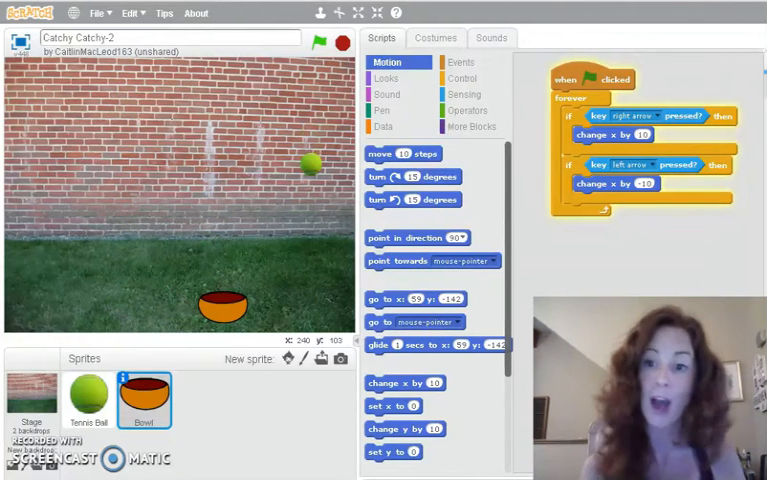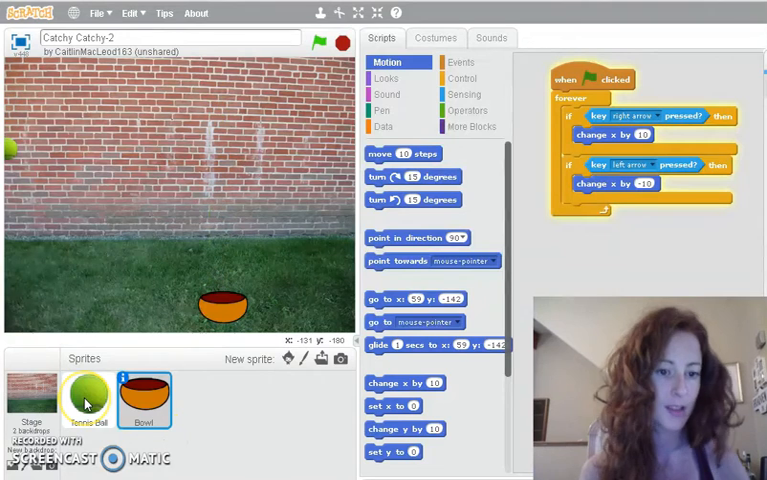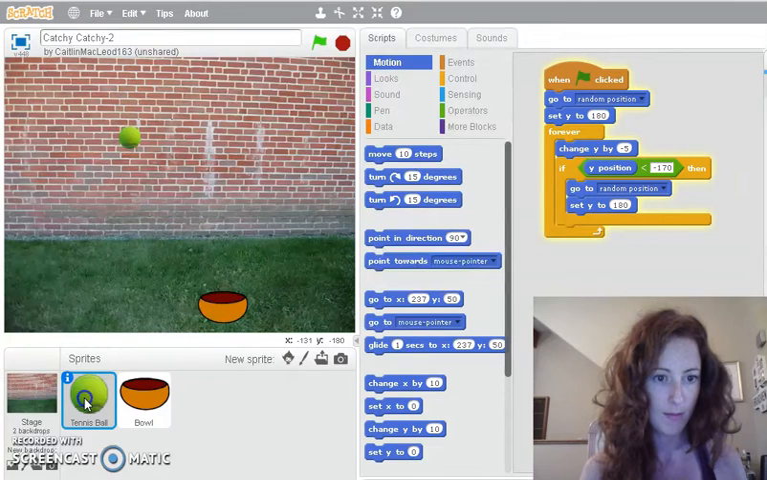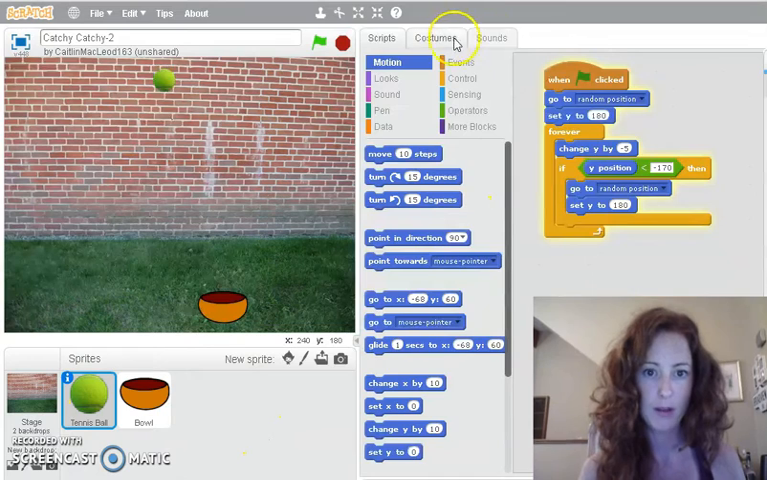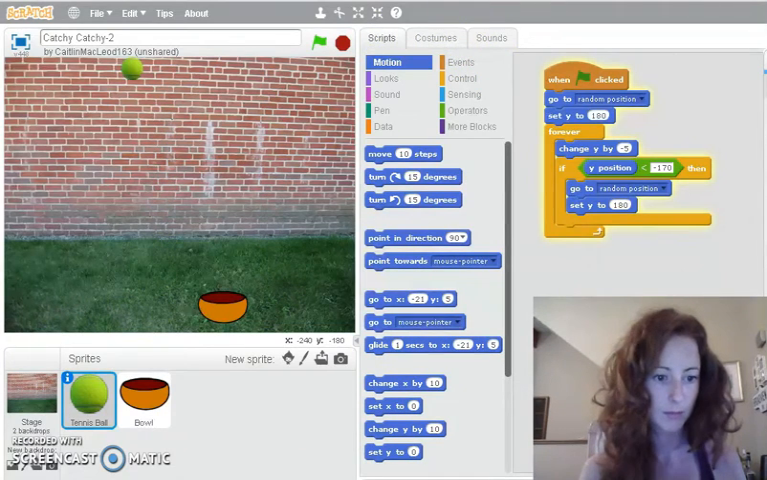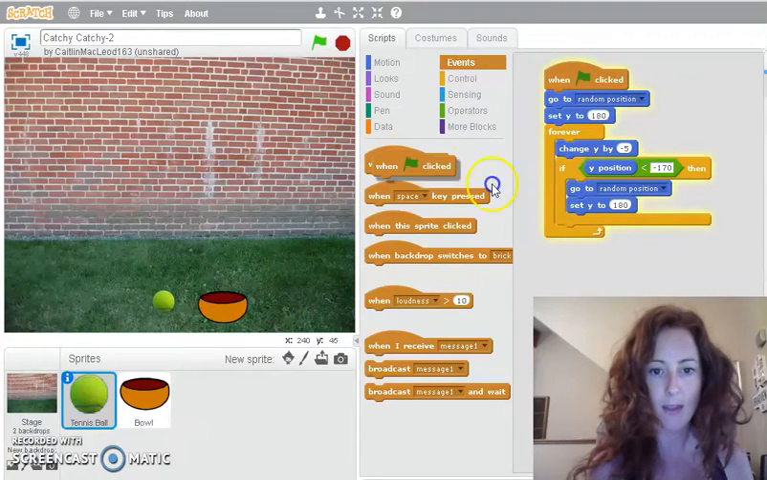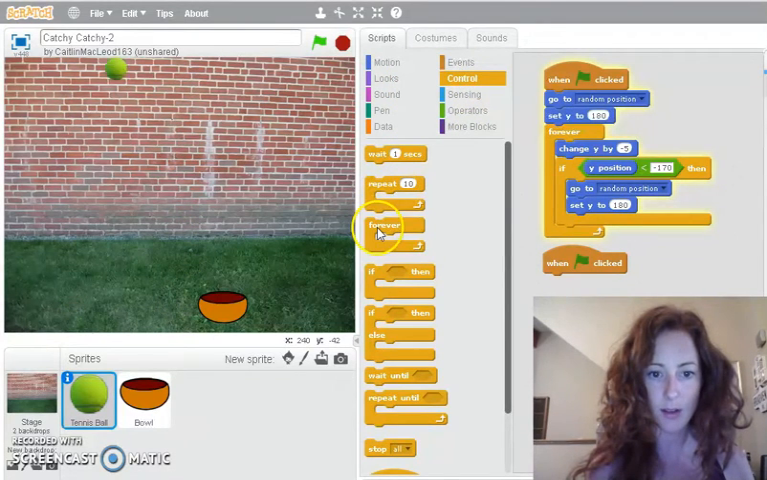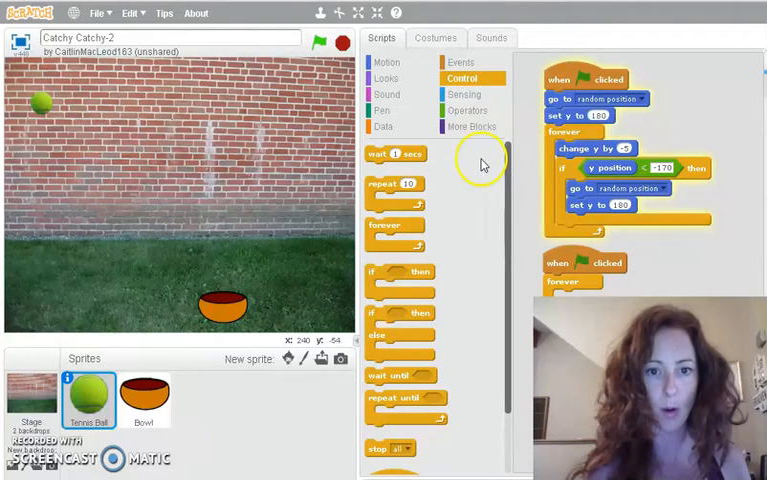Now what happens when you actually catch the ball? So I'm going to click back onto the ball, because now I'm going to write more of a script for this ball. So click on the ball, and then I'm back to this ball's script. All right, so now another event. When the flag is clicked, what's going to happen? So when the flag is clicked, if the ball touches the bowl,